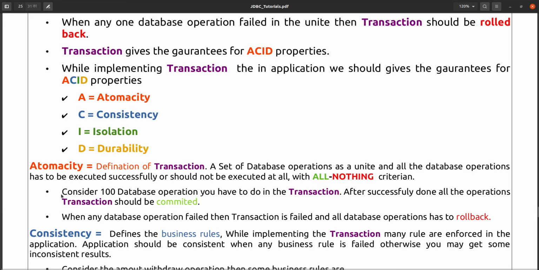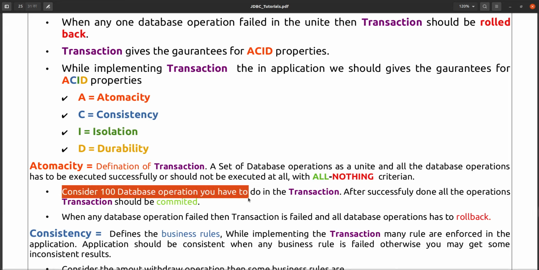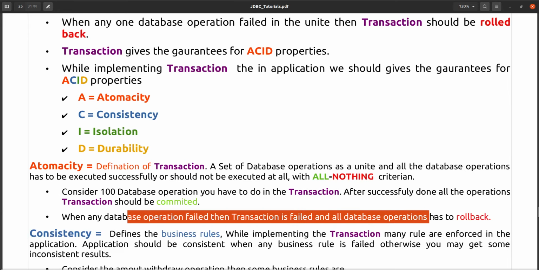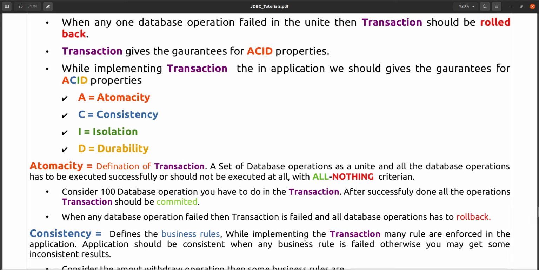If you have to do 100 database operations in a transaction, after all operations are done successfully, the transaction should be committed. When any database operation fails, then the transaction fails and all database operations have to be rolled back. You should not commit any of the changes until all the database operations are executed successfully.